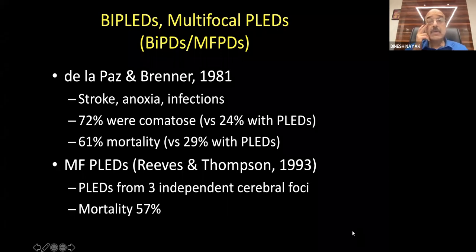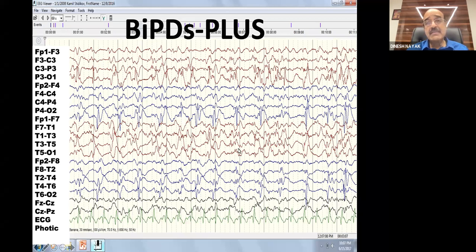Now you see that this is a good example of bilateral PLEDs plus. You can see the after discharges on the left side. See on the right side, it's going on. It's the same patient actually. Now what is happening is on the left side, you can start seeing the after discharges. You see that this is one discharge, one discharge, one discharge, but you can see the fast activity just overriding the discharges. And that is called rhythmic after discharges, rhythmic RDs. That means it's become plus. So this is BIPLEDs plus, and they have a very high chance of getting a seizure.